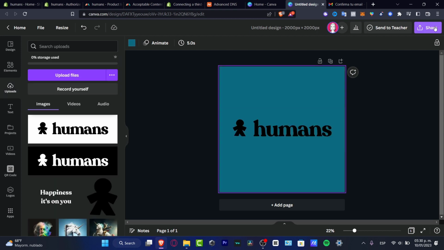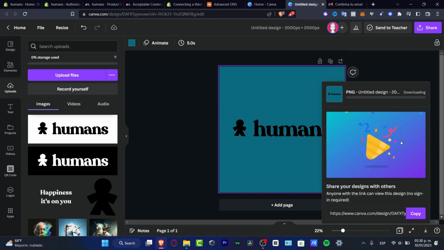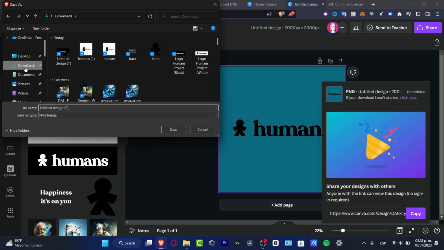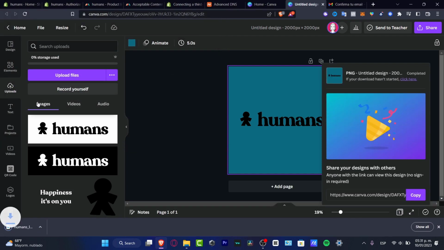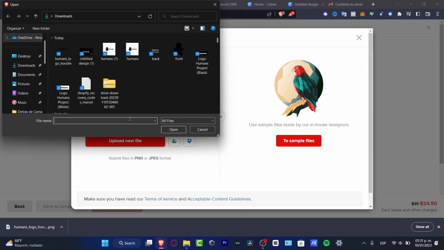Boom. So I'm going to hit share, download. I want to enable the transparent background, really important. Choosing to download, and now we're good to go. We can go into downloads. I'm going to hit my logo design, and hit logo for a hoodie. There we go. So I'm going to go back here into my product, upload my new file, which is actually this one,